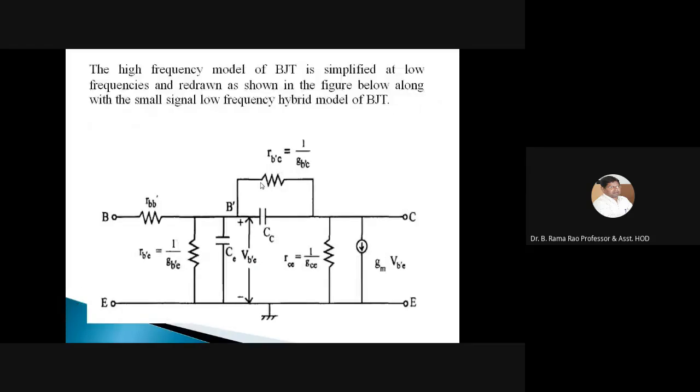And we know the value of GB dash E. GB dash E is equal to GM by HFE. We calculated it earlier, as I showed you. So this is nothing but GM by HFE. So while calculating the